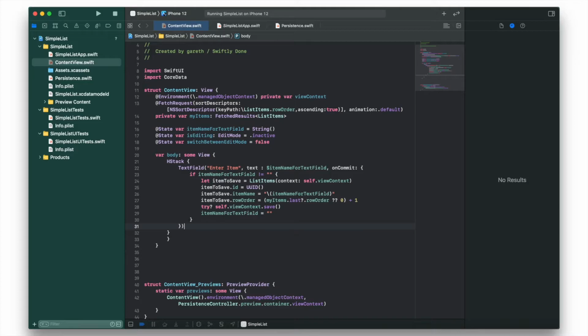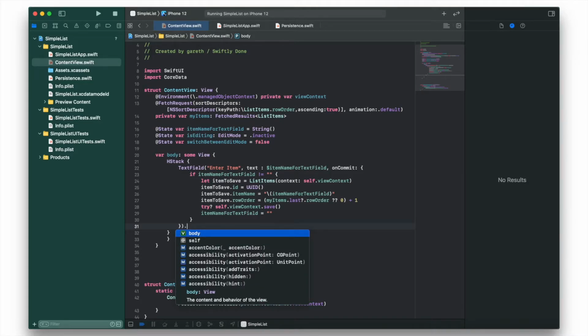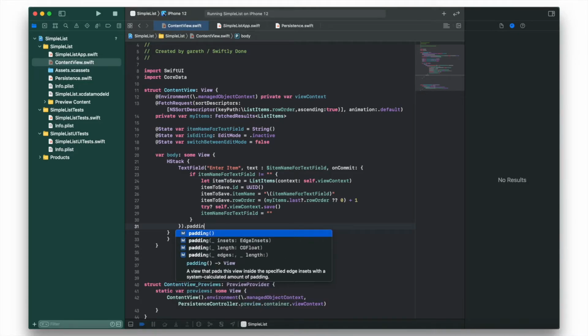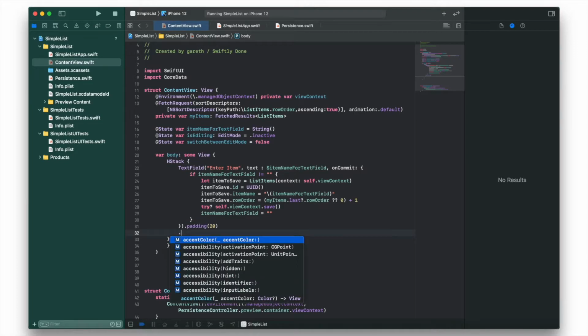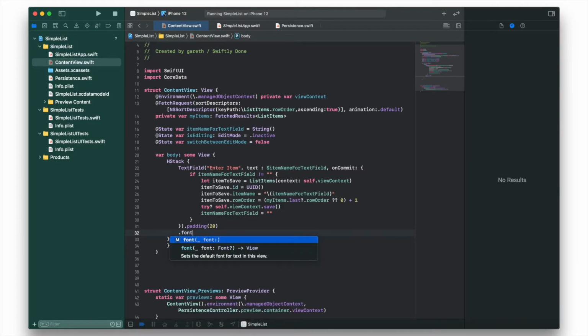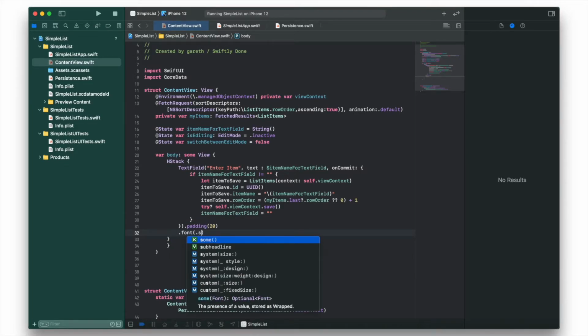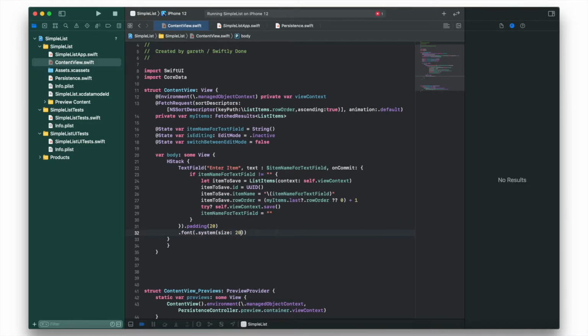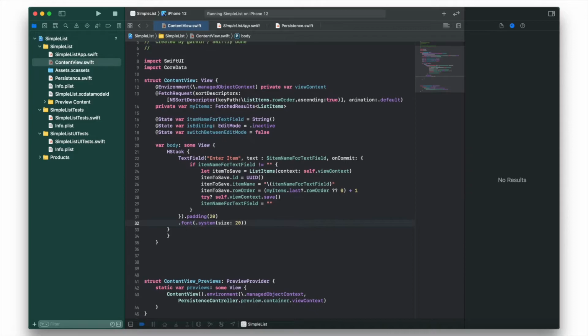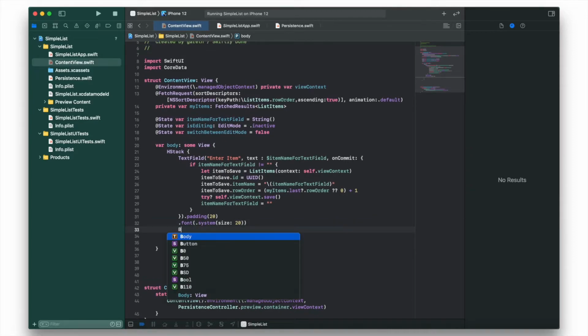So we put .padding brackets, and then we're going to write 20, and then we're going to write .font .system, and then there 20. Now we're going to create our button, so we type Button